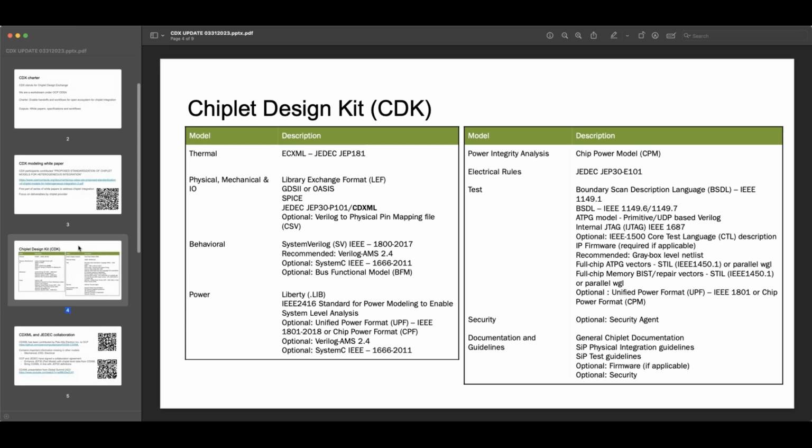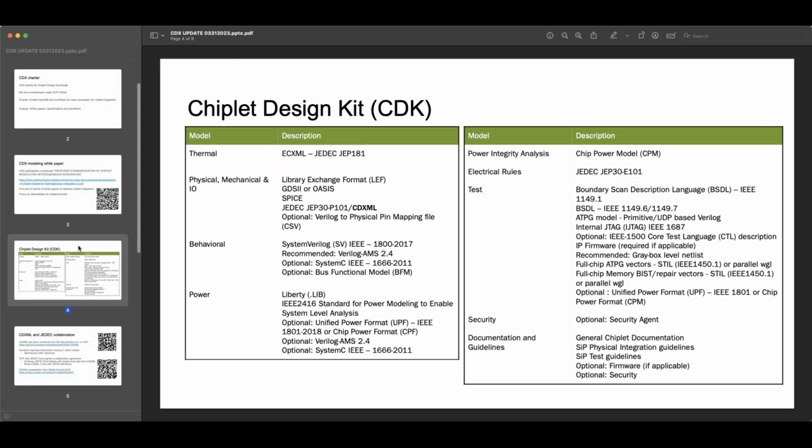So the checklist for chiplets is basically going to cover this, right? When you deliver a chiplet, you would deliver the checklist as well. This table basically enumerates all the possible file formats and data that's being exchanged, but the checklist says, okay, here's my chiplet, and this is what I have for this chiplet, so that a user would know what's available and go and ask for the data.